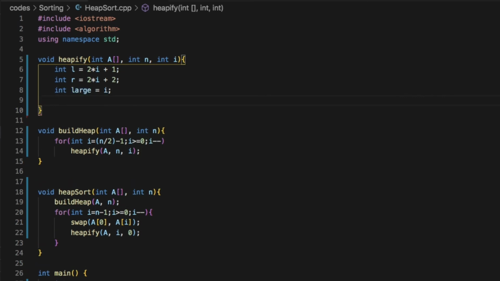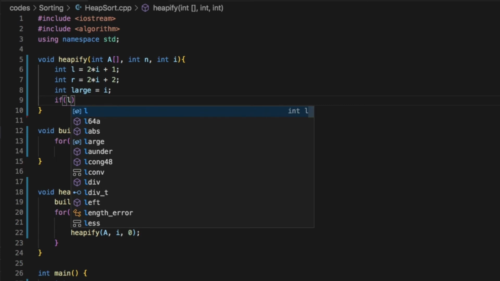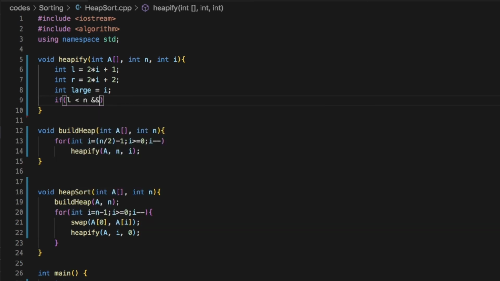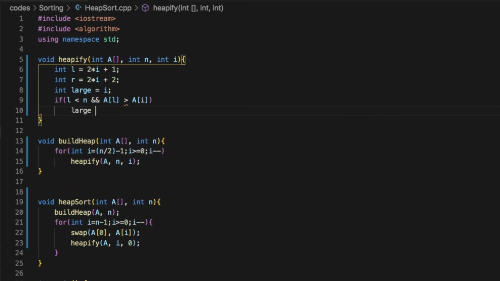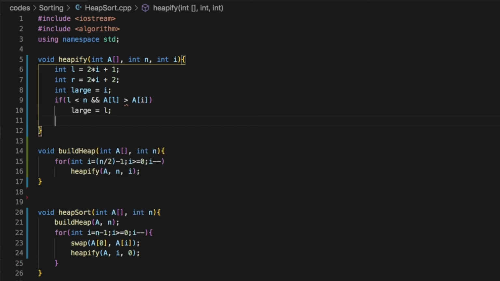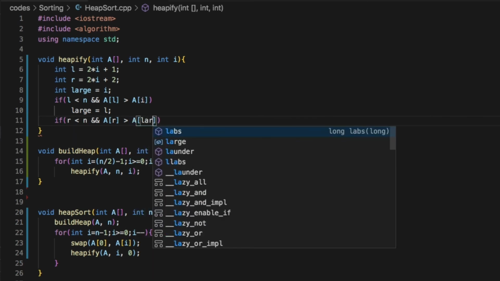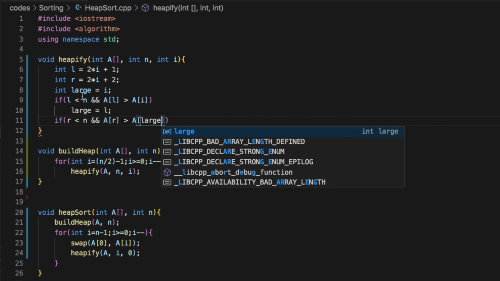Then we check whether the L is within the boundary of the array and the value at L is greater than value of I. That is, we can check whether L is less than n and the value at L is greater than the value of I. If so, then we update the value of large as L. We check similarly for R, that is, we check whether R is less than n and the value at R. Here we do not check the value of R with A of I, instead we check with the value of A of large, since large can be updated in this if case.